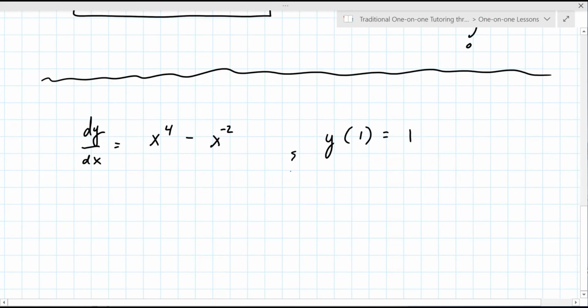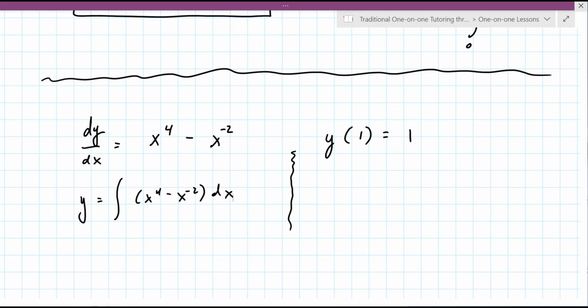Okay. So the first step is you can literally just write y equals the integral of x to the 4th minus x to the minus 2 dx, or you can just integrate it. You don't even have to show this, but you can if you think that would be helpful. So then it's